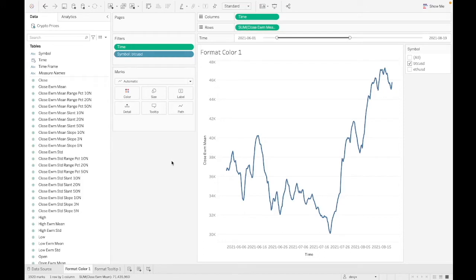So let's say I have this sheet and I want to color by a metric here. So let's just go ahead and do that. Let's drag one of these metrics over here up into color. And let's say that this type of visual is something that I might want to display in a dashboard as like multiple different widgets where this price data might be colored by different metrics,